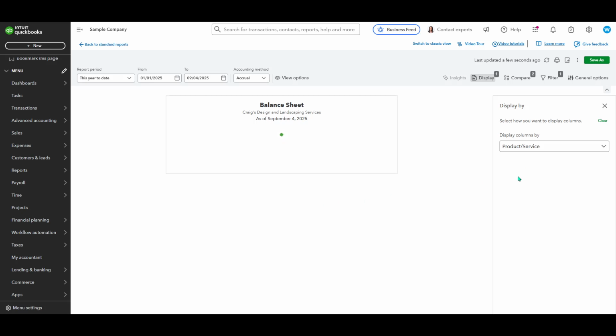Customizing reports in QuickBooks Online is a fantastic way to gain more control over your financial insights and make data-driven